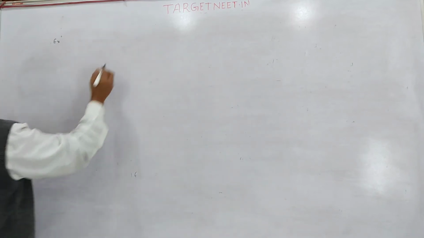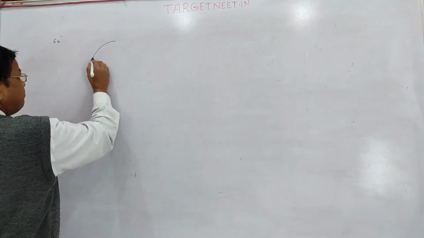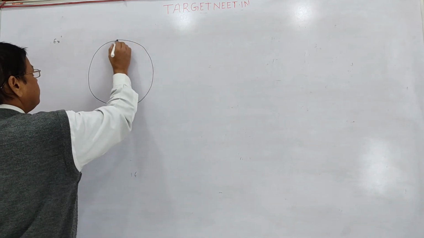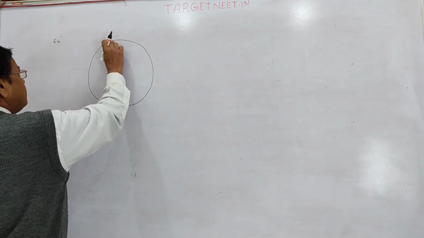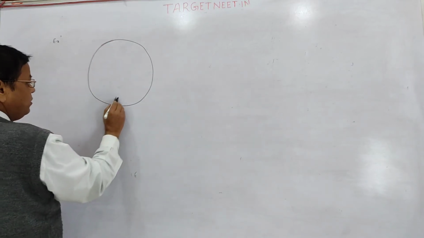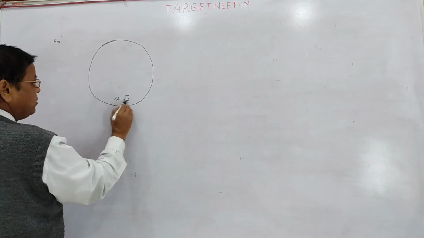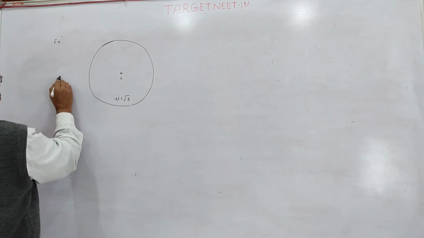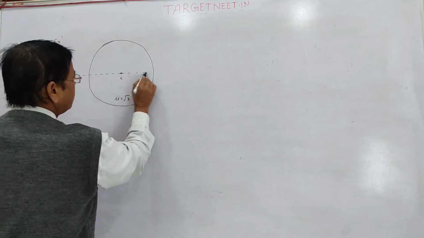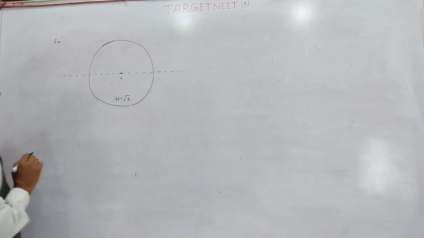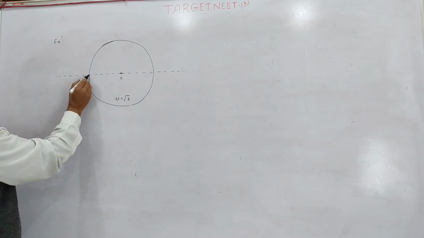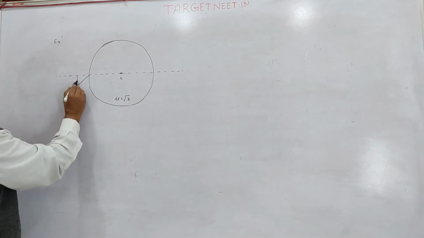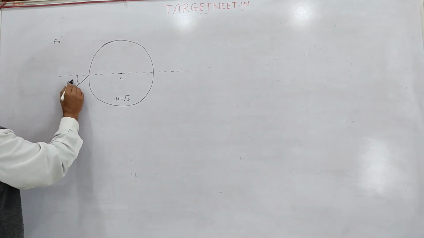Another example. It is given that this is a sphere made up of some transparent material whose refractive index is √3. This is the center. Now a light ray is incident here at an angle of 60 degrees, this is given,